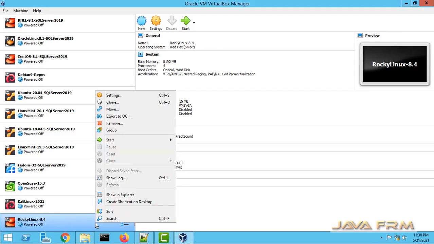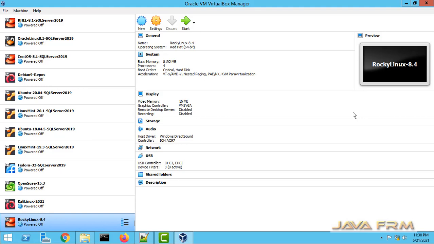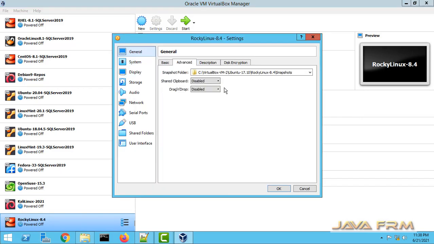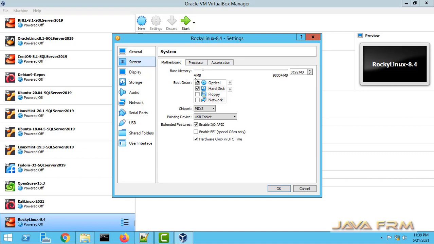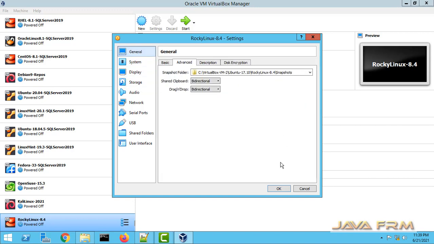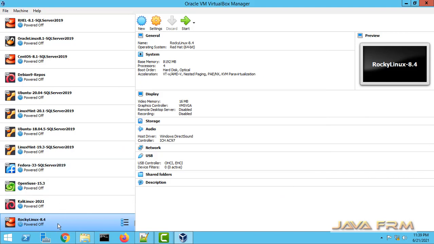Now right click the Rocky Linux virtual machine and open settings. Under General, Advanced, I am going to enable Shared Clipboard and Drag and Drop as Bidirectional. The rest of the settings I am leaving as they are. For the hard disk, I am changing the boot order so it will boot from the hard disk now.